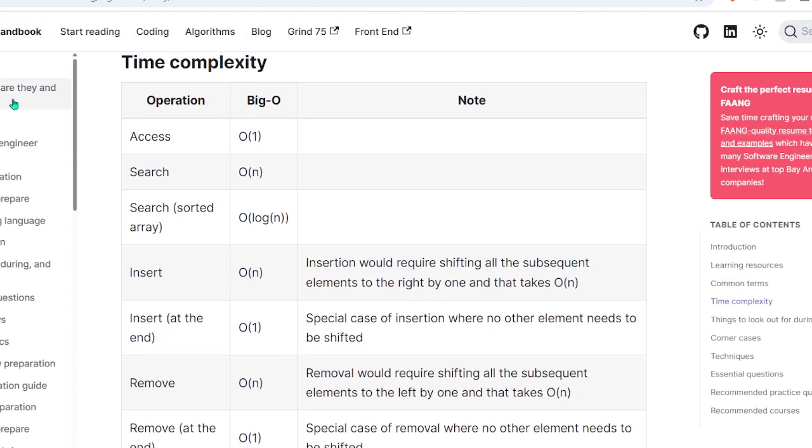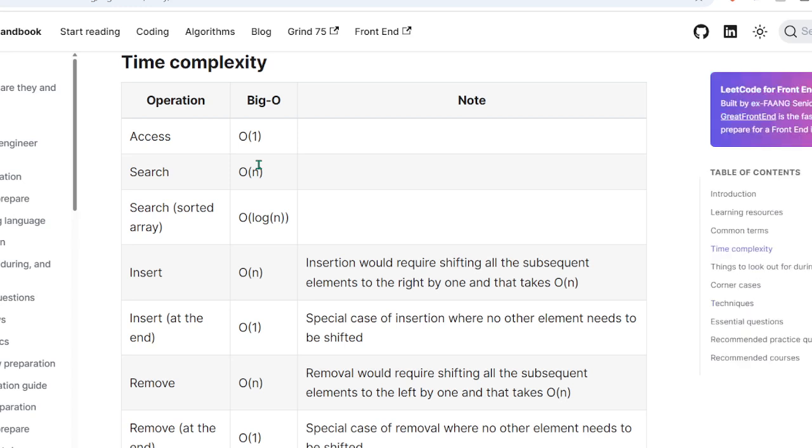Okay, time complexities. This is what we did in our data structures class a lot. They're really emphasizing to know all the time complexities, which is important, right? So accessing, that's if you have the index, so that should be O of 1. Searching is O of n, that makes sense, right? Because you have to basically search through every element in the list. You have to hit every element once to search through the whole thing.